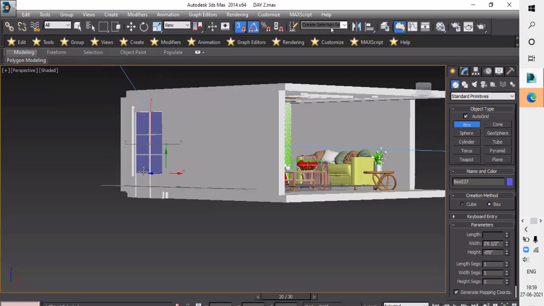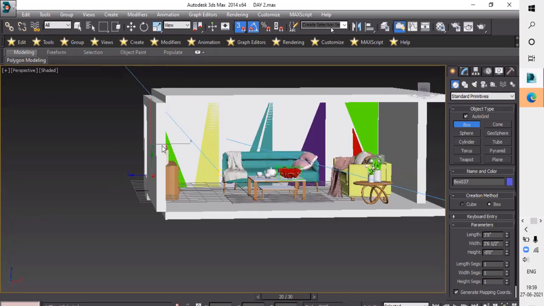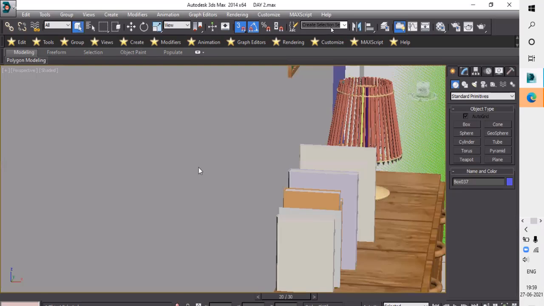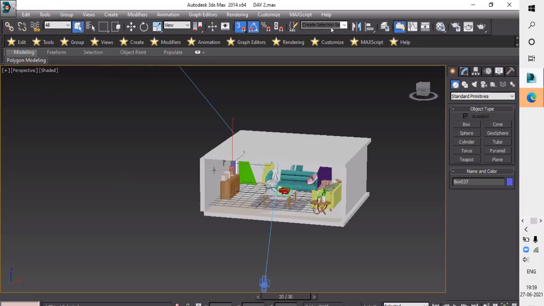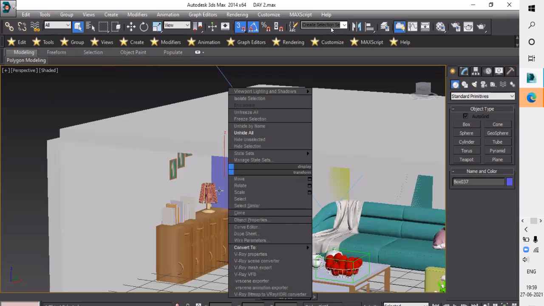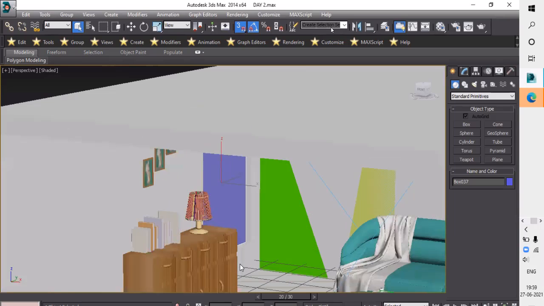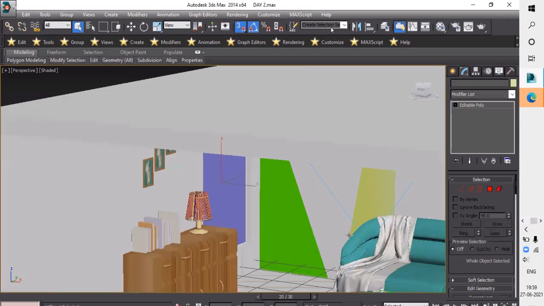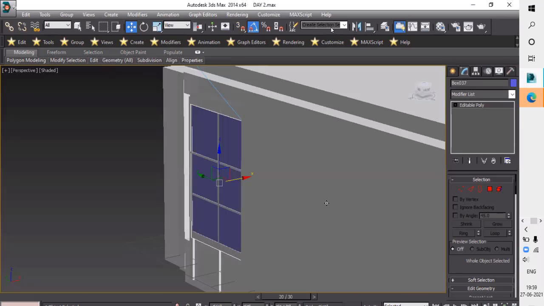Yeah, are you seeing there? Press Z, convert into editable poly. I uncheck the snap mode and place it in the railing. Okay, are you seeing there? It is in the railing.